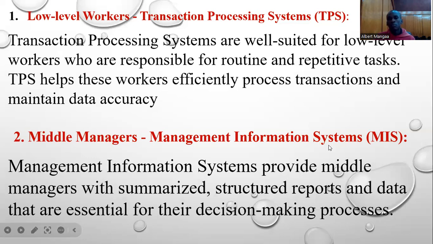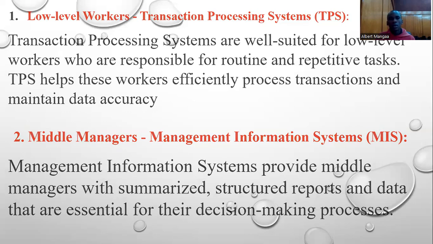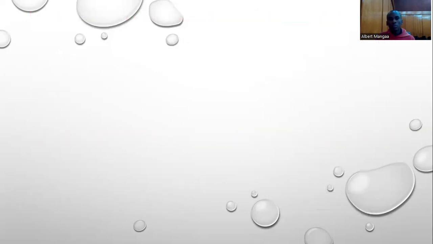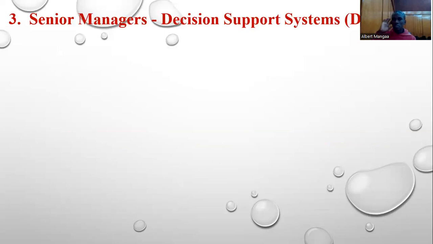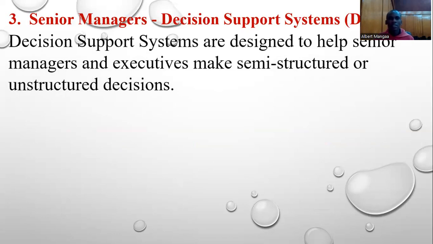Then we'll move to the third type of information system, which is meant for the senior managers, the decision support systems, that is the DSS. The DSS are support systems that are designed to help senior managers and executives make semi-structured or